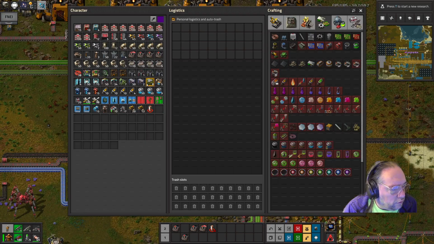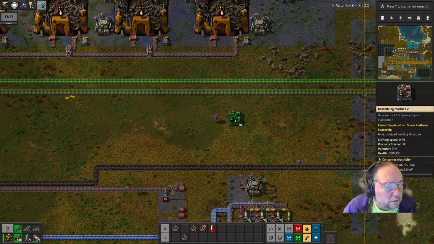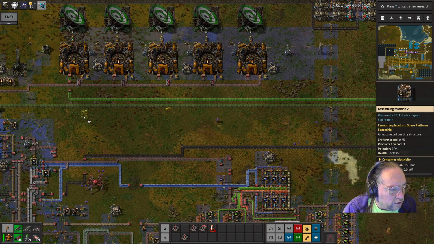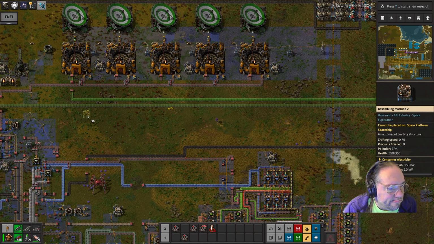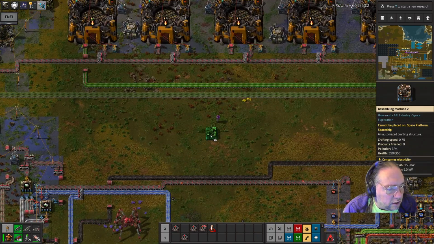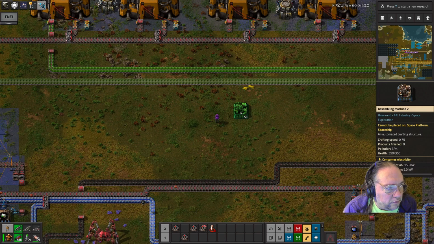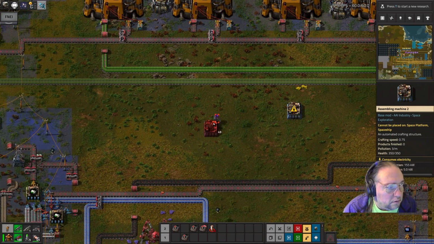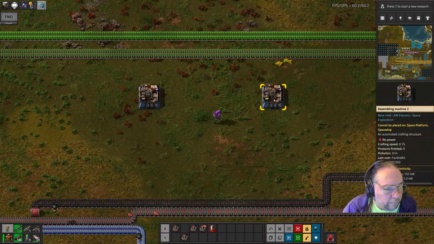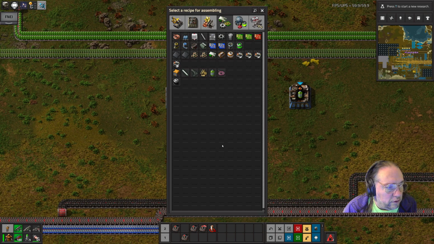So we're going to do an assembler. And I think we're going to start from this end and work our way this way. Maybe we'll do it here and here. I don't know what those other ones need, because I can't make them yet, I don't think. But let's do this. Let's do that one there. And that one there. And we're going to tell this it's going to make this. And we're going to tell this one it's going to make...